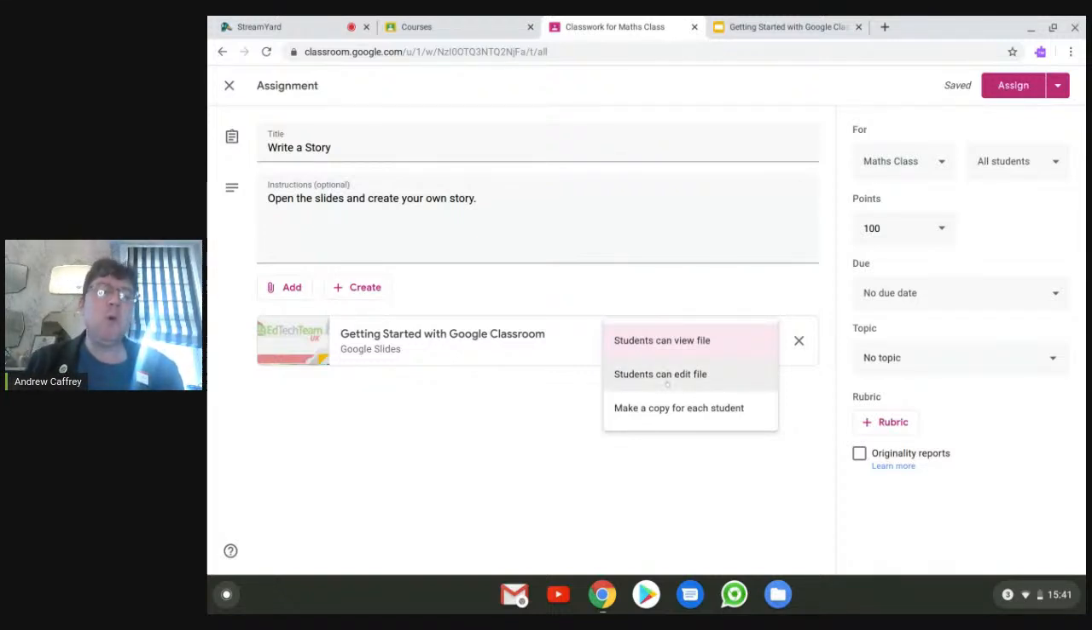Student can edit file is going to put all the students on one single document. It takes a bit of training with students to get them used to being all on the same document at once. So if you're new to Google Classroom and now you're doing distance learning, I wouldn't recommend that as your first choice. I would say the most popular button in Google Classroom is this bottom one, which is make a